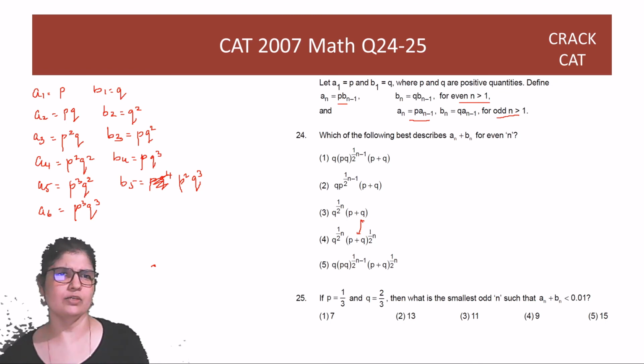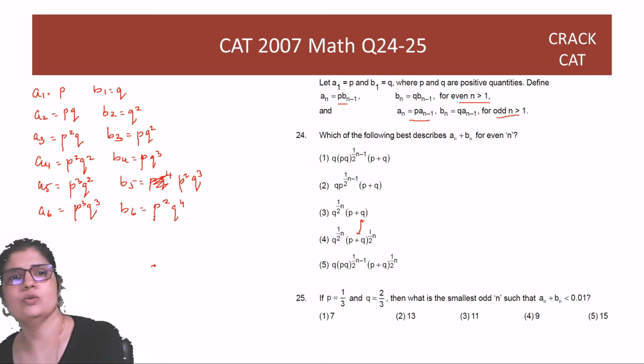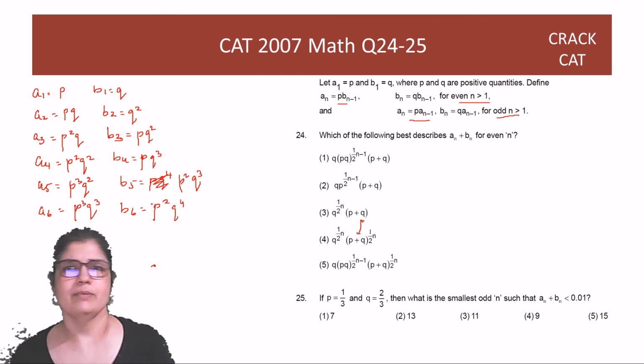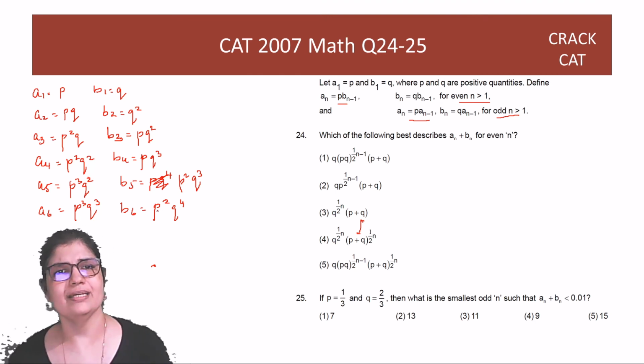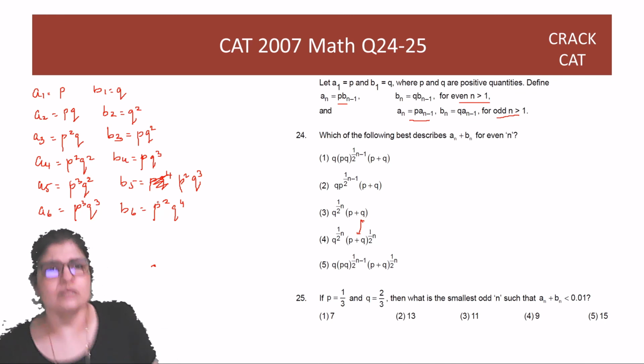पहले P फिर Q फिर P फिर Q फिर P फिर Q, right? And B, what is happening is you get an even numbers, right? It is half. ये P square Q raised to 4 हो जाएगा, correct? Because it is Q times B minus 1. So यहाँ पे P is less, right, by Q, by 2. Okay, so this is what is happening.